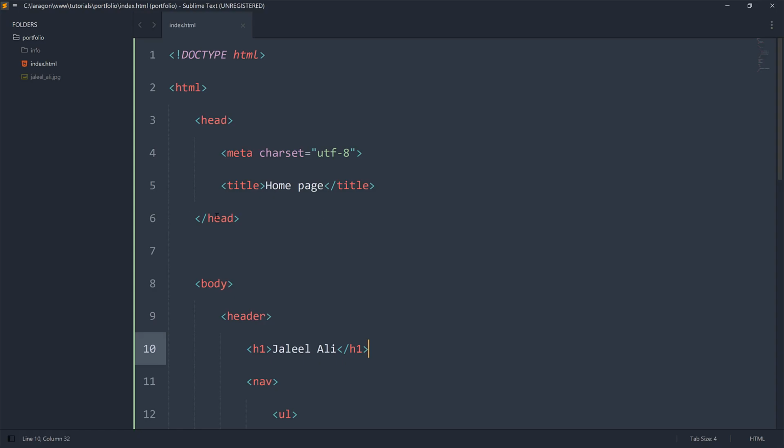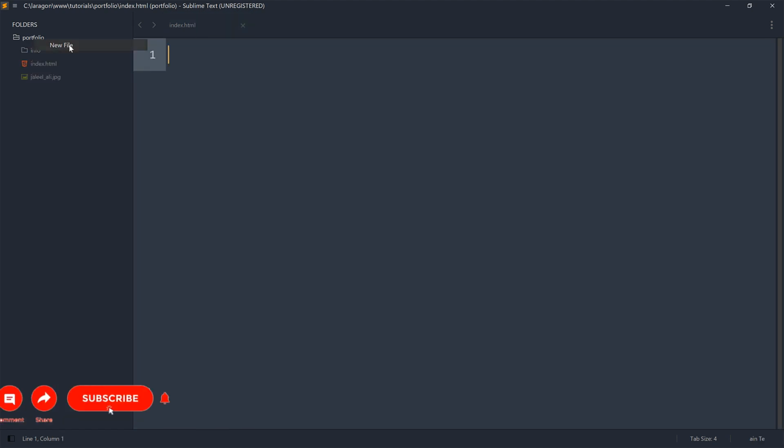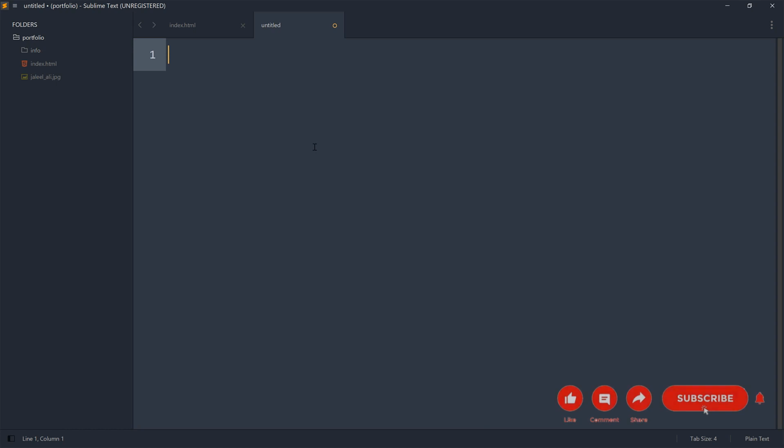I'm going to use my text editor, Sublime Text. I will right click on the folder name, since the project is under this folder, and choose New. It will create a new file, which by default is empty and untitled. So I can just do Control S or File